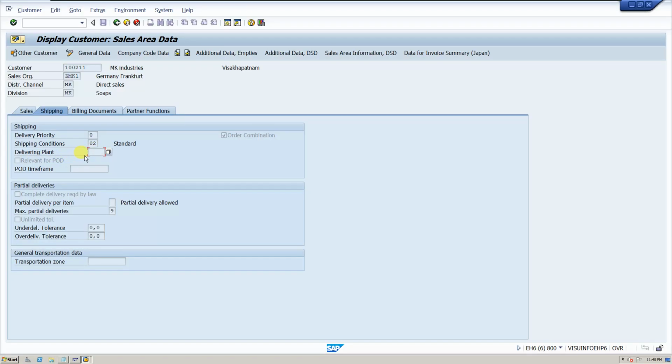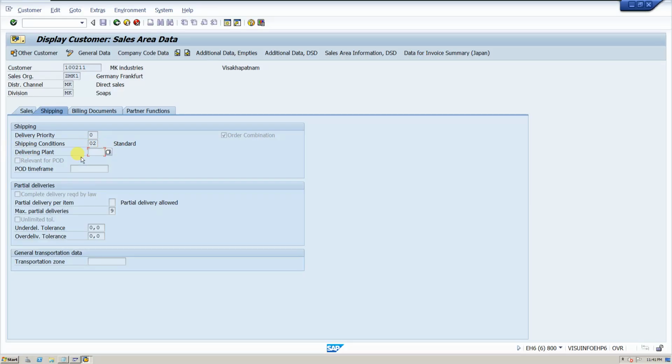Here also I have not maintained anything. So whenever we create a sales order, first the system will check the CMIR, customer material info record. After that, if we have not maintained the delivering plant in the CMIR, then it comes to the customer master data and checks here. If we have not maintained it here as well,